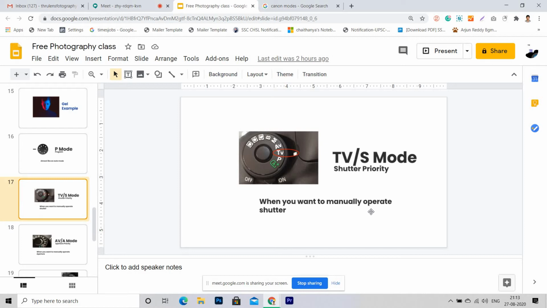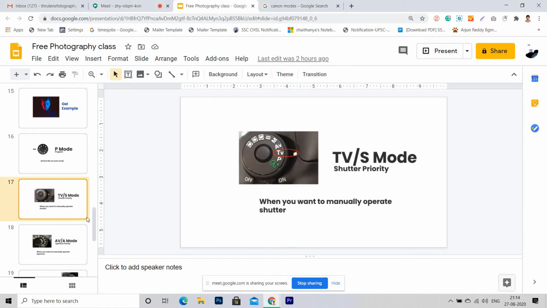So that time you should not give camera to automatically decide the shutter speed. So this mode will be useful when you are not sure about aperture and you want to do experiment with shutter. So here you can change shutter and aperture will be fixed. Fixed means camera only will decide. Rest, ISO also, it is like manual. You can decide if you want to give extra or if you want to give little less. That and all is manual again.